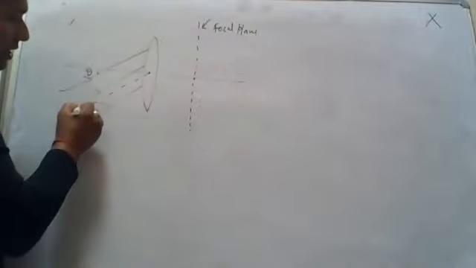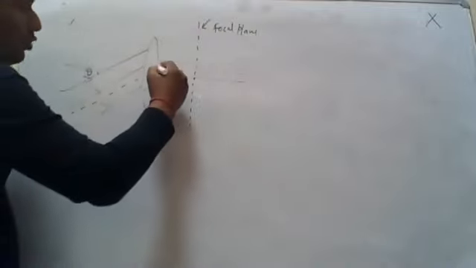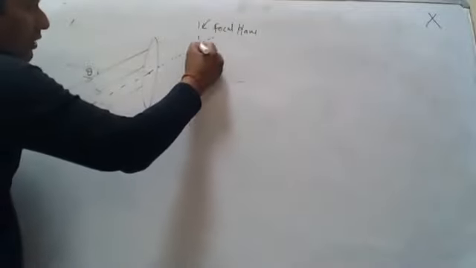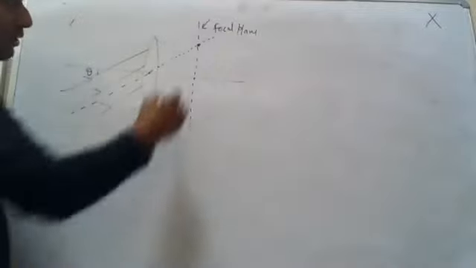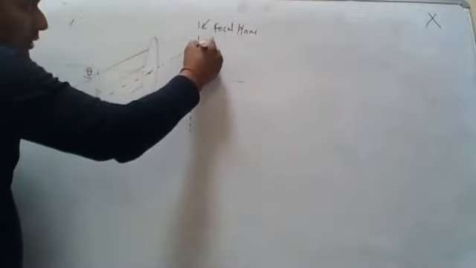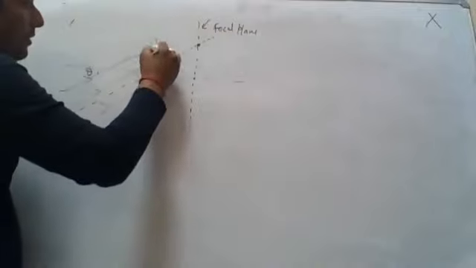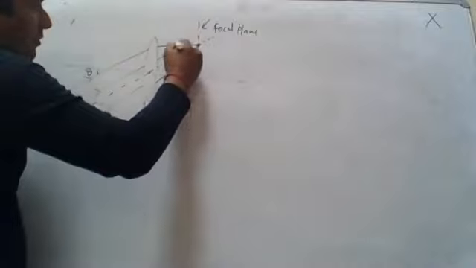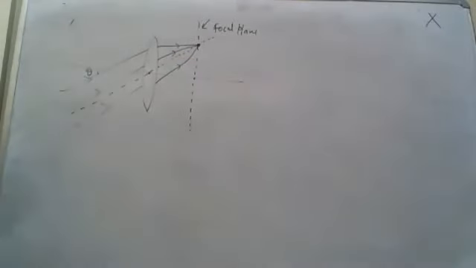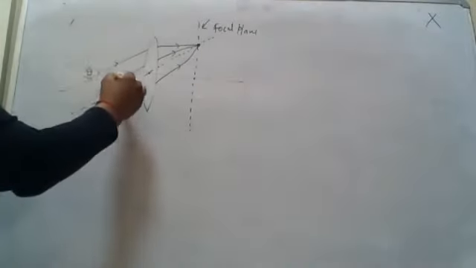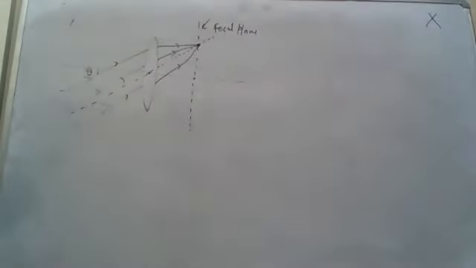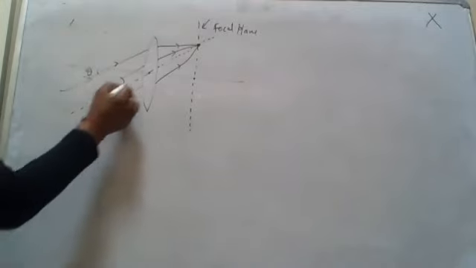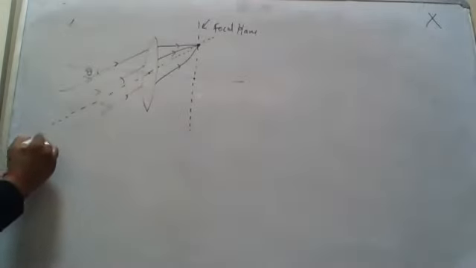Let's draw this light. The parallel light is going. So we know that this light will be deviated after the refraction, where it will cut the focal plane. There all the rays will meet. So all the rays after the refraction will meet at this point. Okay. So this dash ray is known as the chief ray,